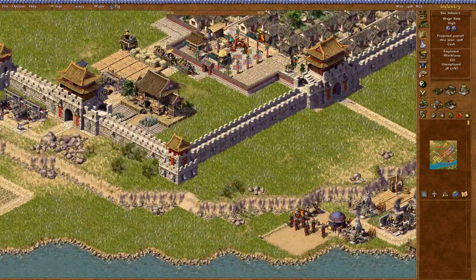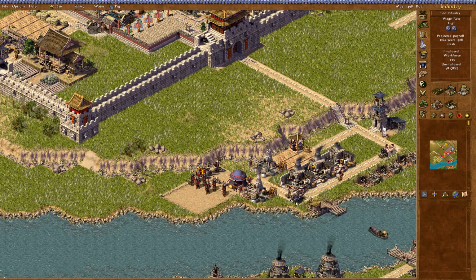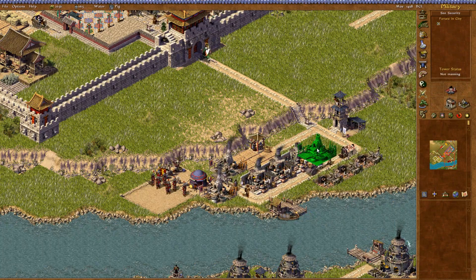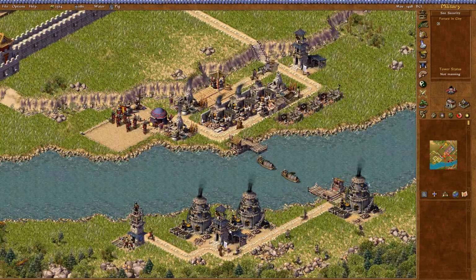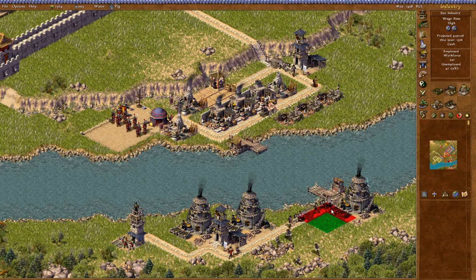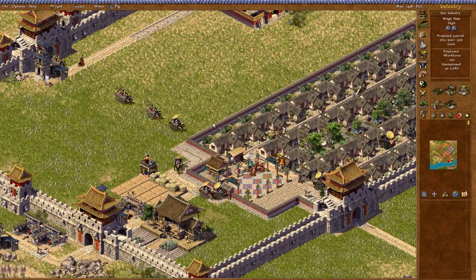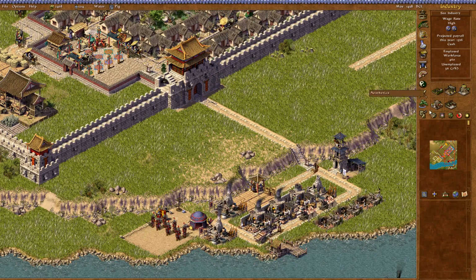Let's lower the wage rates since we've got some unemployment going. That silk will be just fine. Let's put down another weaponsmith since we've got the space for it. We've got plenty of bronze being made, so might as well build another bronze smelter. Now hopefully they'll open the trade and I can sell off this stuff quickly because I'm running